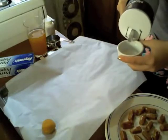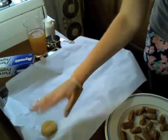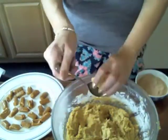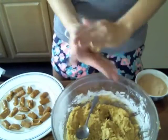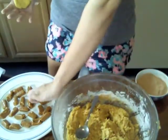I'm using coarse salt for the top because these are salted caramel. Flatten out your cookie, put some salt on top. Now we're going to want to do the whole process again. Roll up your dough, flatten it out, pop a caramel in there,